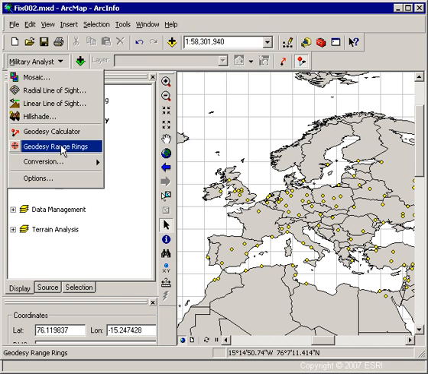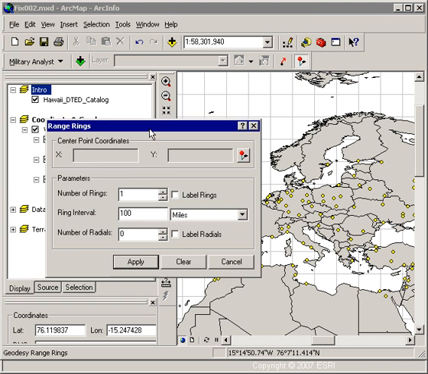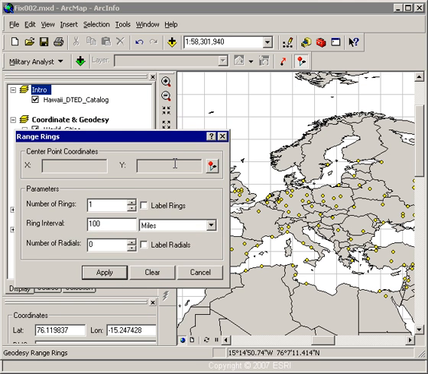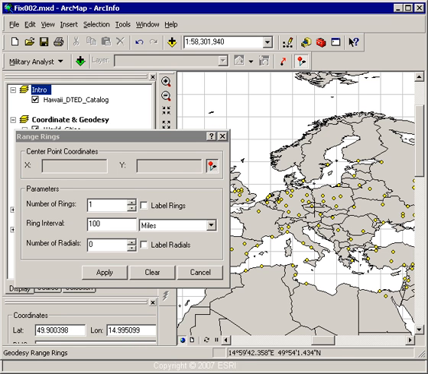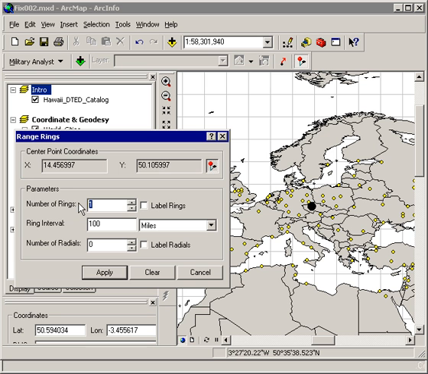Range rings is going to build that set of concentric geoellipses from a center point. The center point is specified with our coordinate tool. So I'll select a location. Notice it snaps to that point feature class as I cursor over it. Next, I need to set a number of rings. Let's draw 10 rings